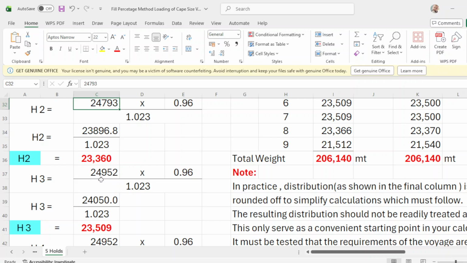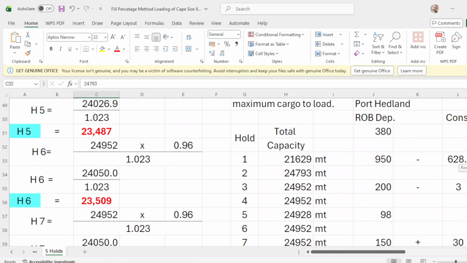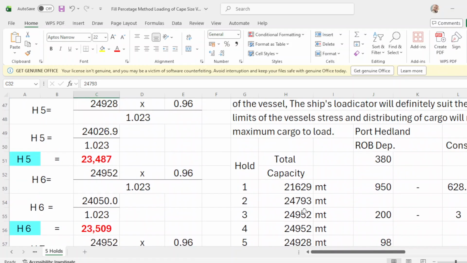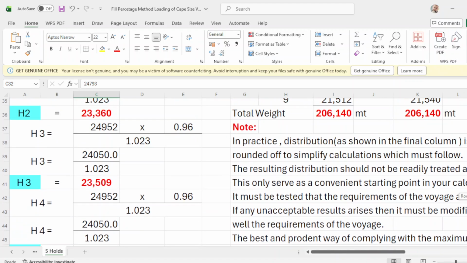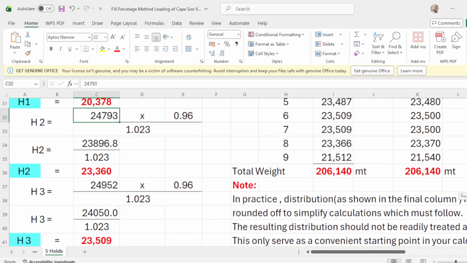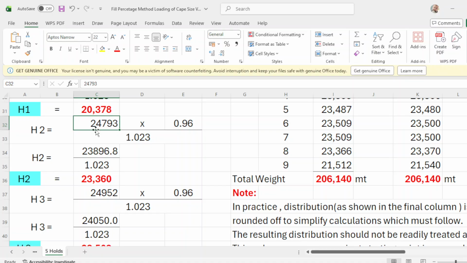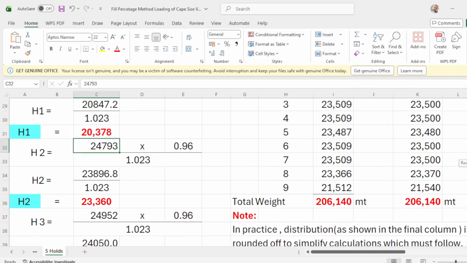It should be 24793, times your percentage of 0.96, over 1.023, your storage factor.